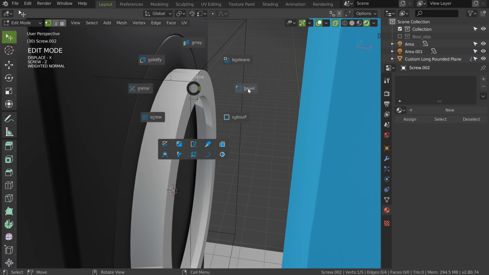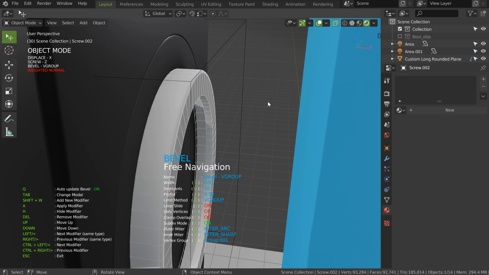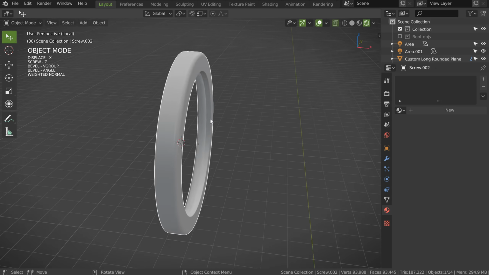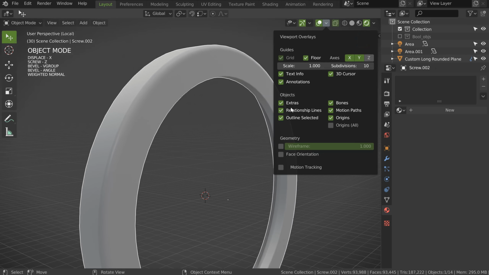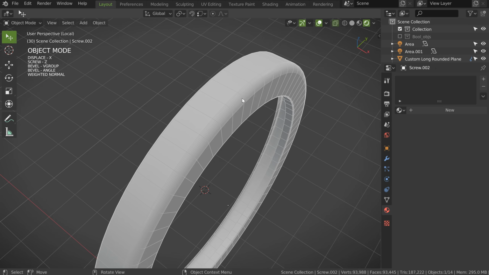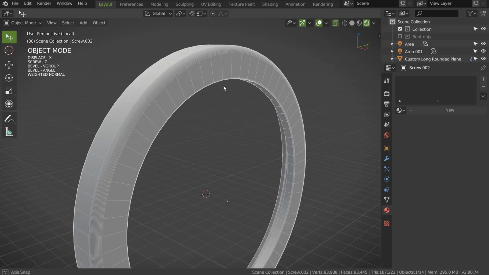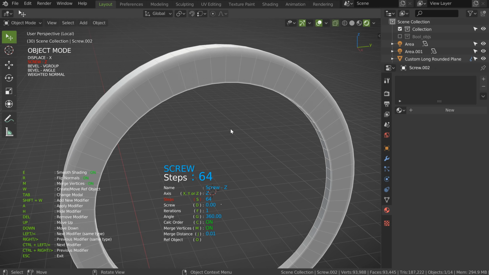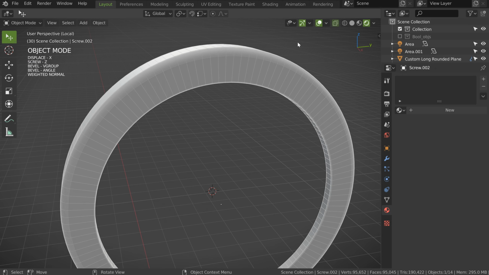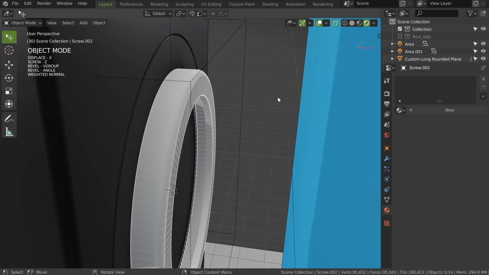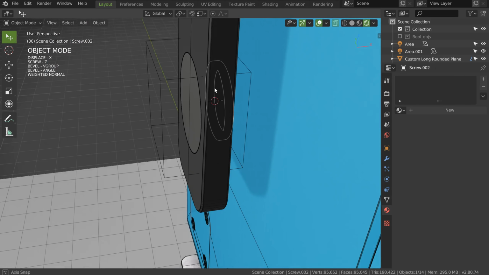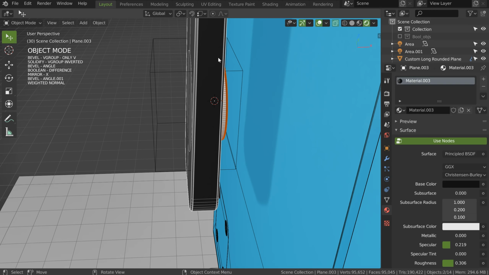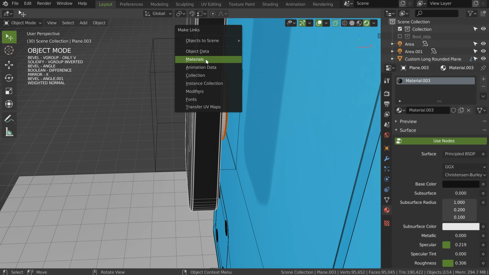I will select this one and I will add a bevel. So just like that, I want something like that. And I will press Shift W to add a small bevel for the other part, like that. So if we check at our object, up, I will show the wireframe. We created really fast a big bevel and a small bevel for the other part. Okay, on this screw we can increase the number of segments, so let's double it just to see, boom, and that's it. I will press slash, and I will copy the shader for this one, select, Ctrl L, material, and that's it.